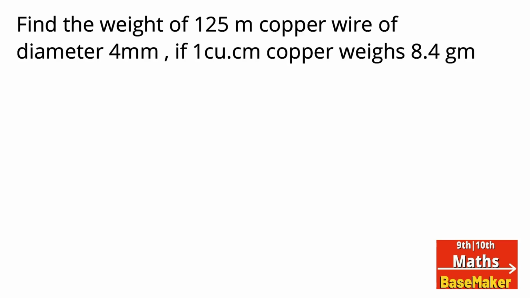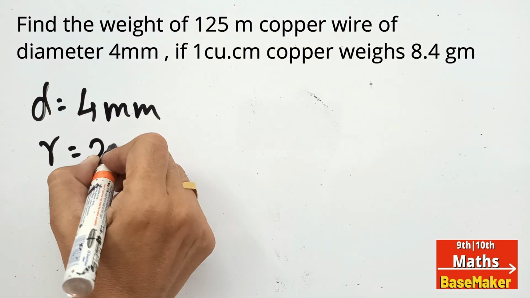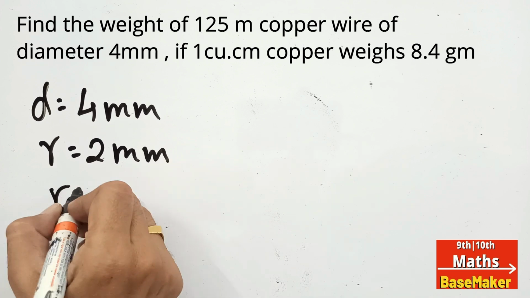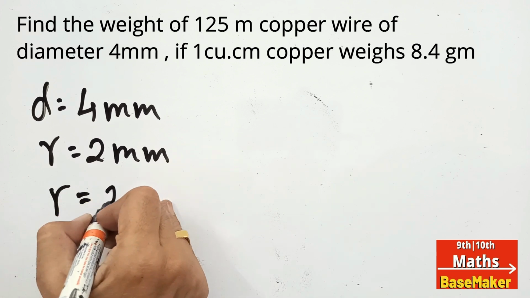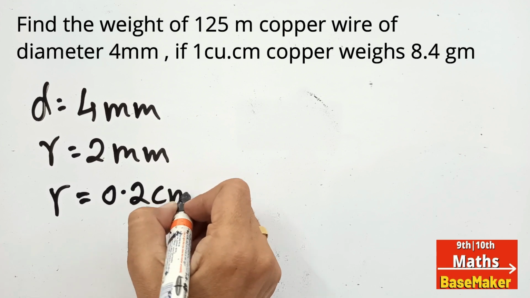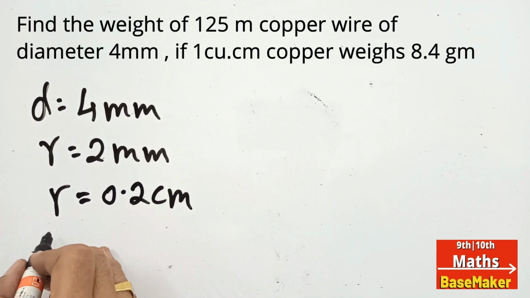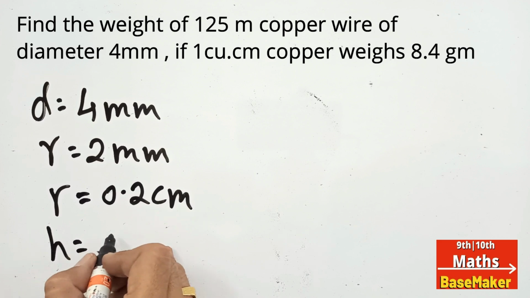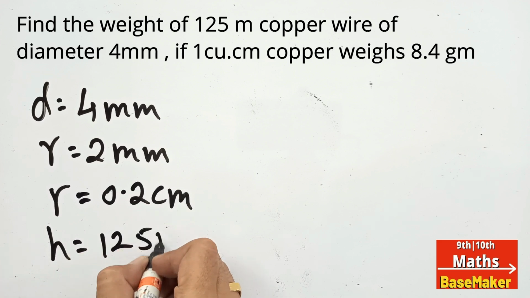Find the weight of 125 meter copper wire with diameter 4 millimeter if 1 cubic centimeter copper weighs 8.4 gram. The radius will be 2 millimeter, and in centimeter it is 0.2, as 1 centimeter is 10 millimeter. Length of wire we are considering as a height, that is 125 meter